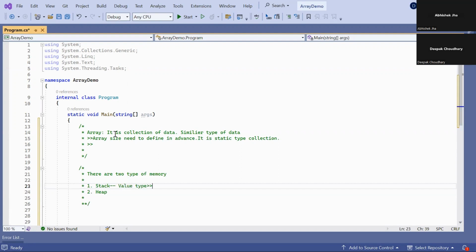Value type means it has a limitation in terms of size, so it has a fixed size. Suppose we declare int a equals to 7. This int is value type data and it is stored in stack memory.